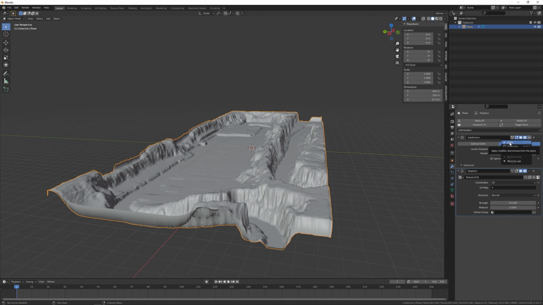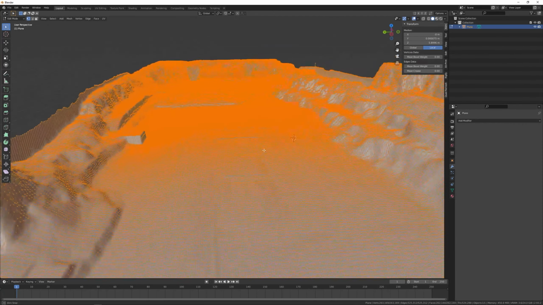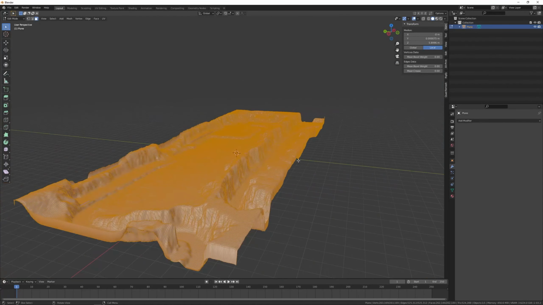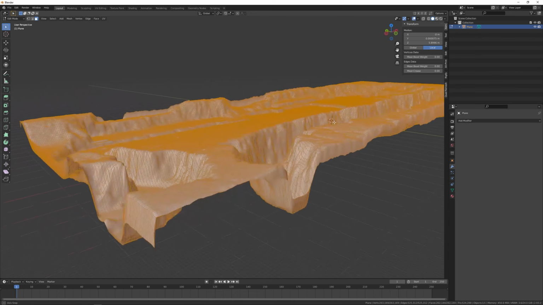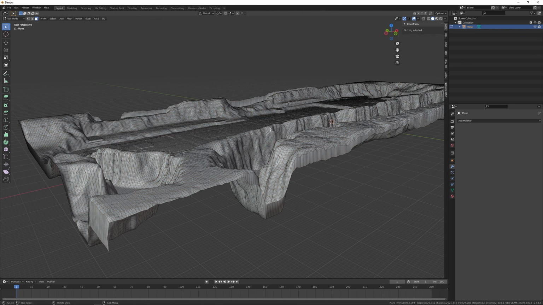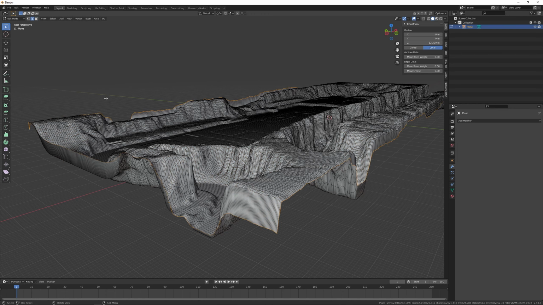So first I apply the subdivisions like that, and then I apply the displacement, and now if we go into edit mode, you can see that we actually have this mesh to work with in Blender. We're gonna do one more thing while we are in edit mode. I make sure I'm in face selection mode. Alt A to deselect everything, A to select everything. And with all the faces selected, I go to select, loops, and this functionality I think comes from the Loop Tools add-on. Select boundary loop.